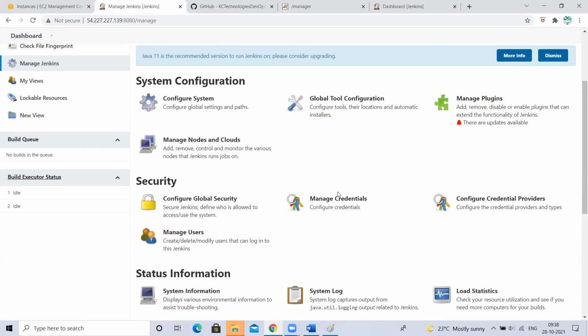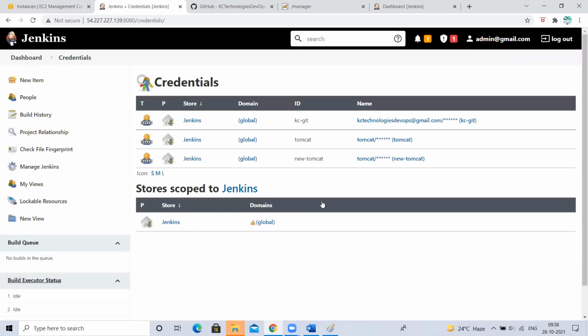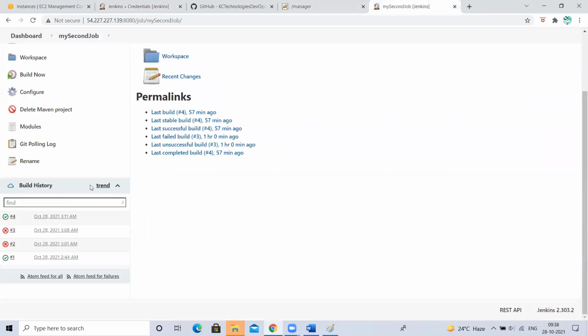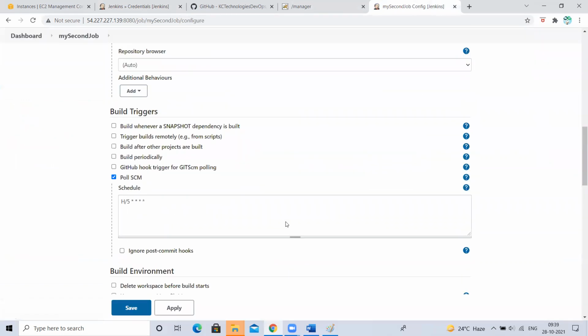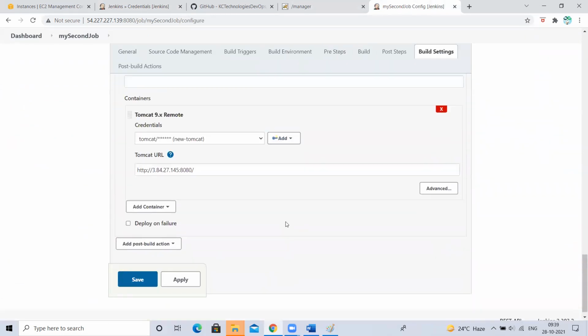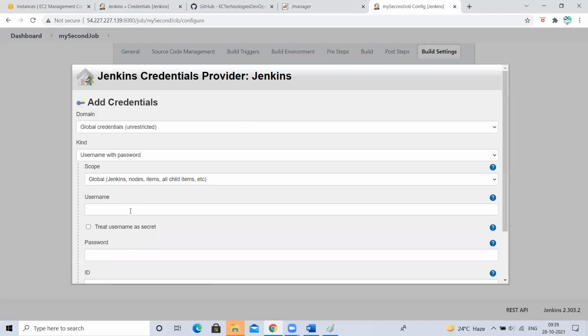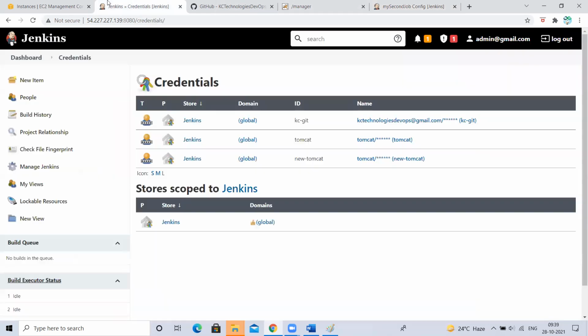We discussed. Next, these are related to security of your Jenkins and all. I'll discuss. Now come to manage credentials. If you come here, yesterday, do you remember, from a job to connect to GitHub, to connect from Jenkins to Tomcat, we added credentials. From here, we added credentials, right? Where are these credentials stored? I want to delete one of the credentials. How you can delete is, you can go to that credentials option.